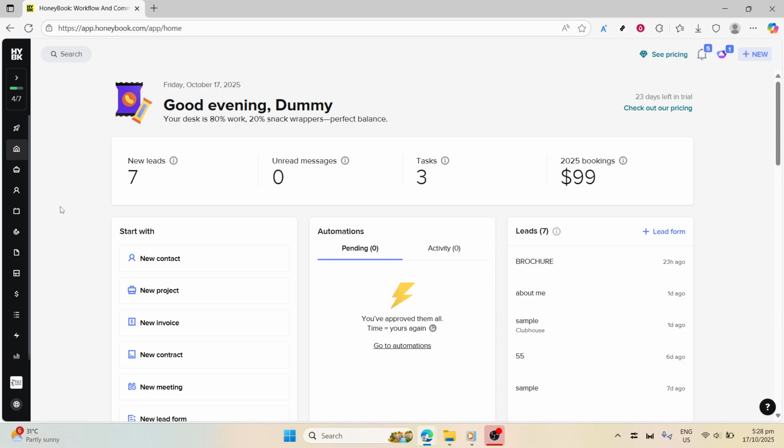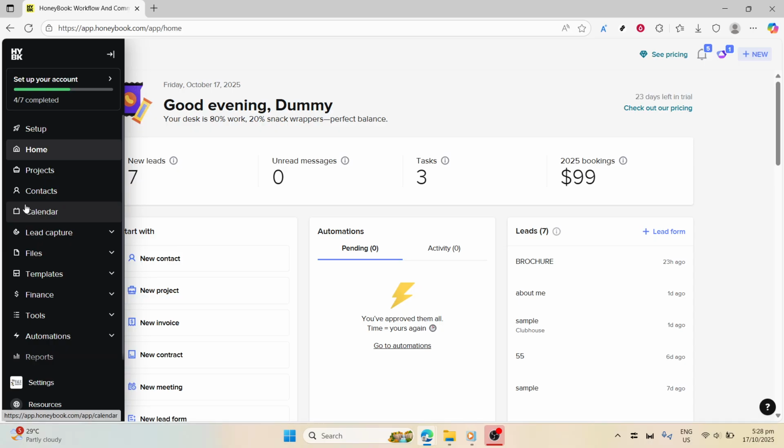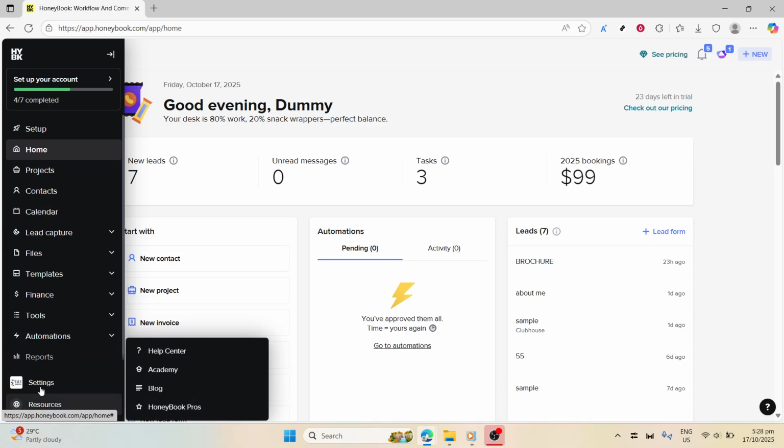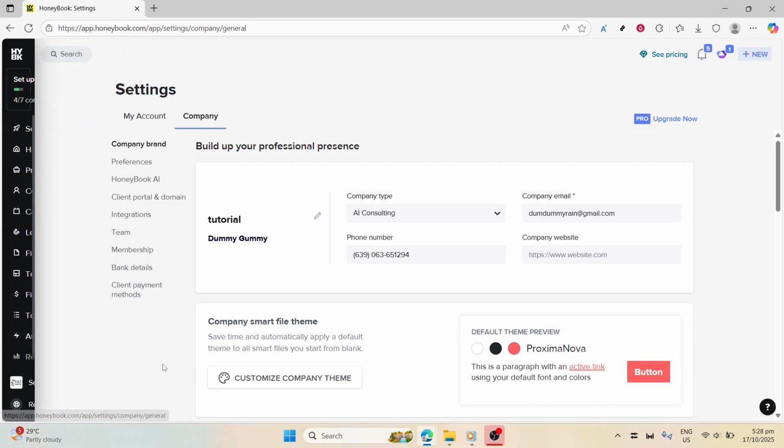personal data. Once you're logged in, turn your attention to the top right corner of the HoneyBook dashboard. Here, you'll see your profile photo. Go ahead and click on it, and from the drop-down menu, select Company Settings. Navigating through your settings menu can sometimes feel overwhelming, but remember, you're just a click away from customizing HoneyBook to